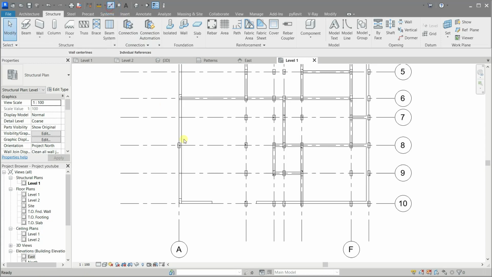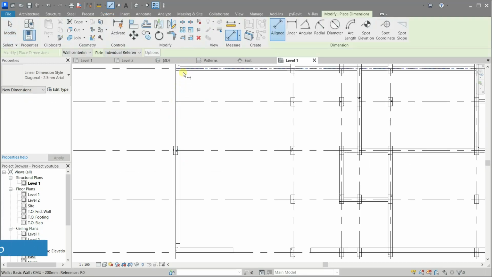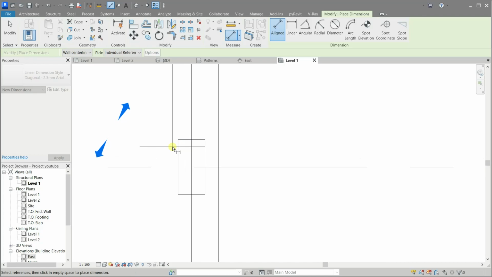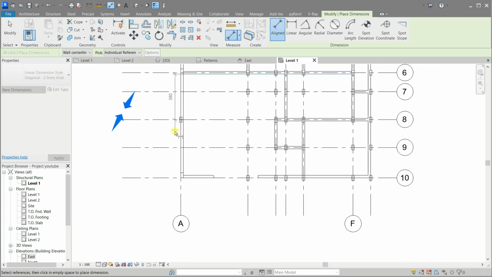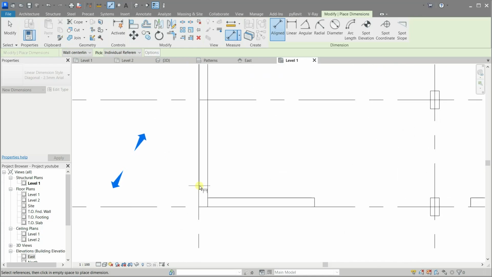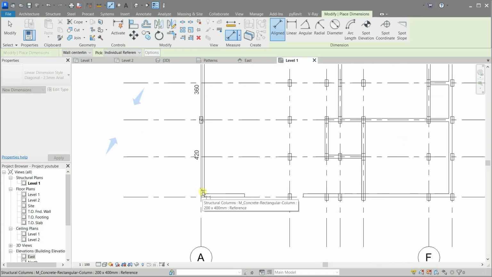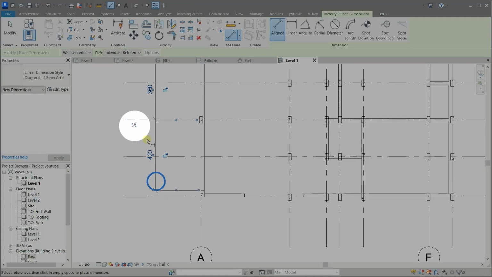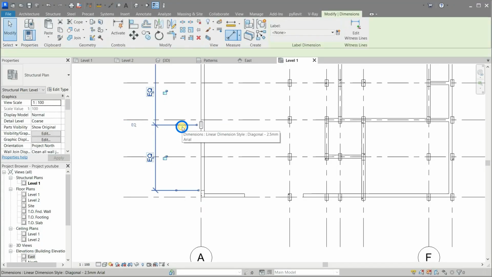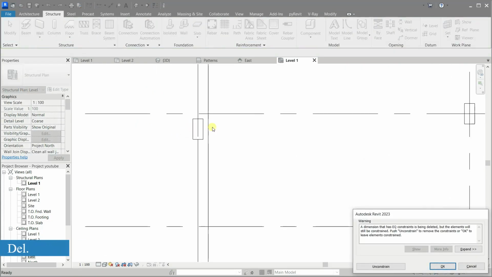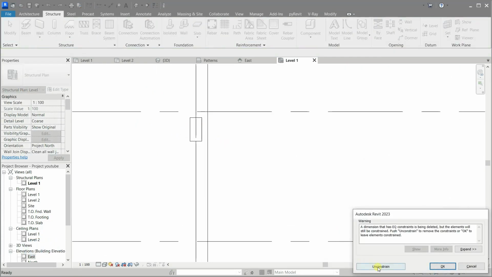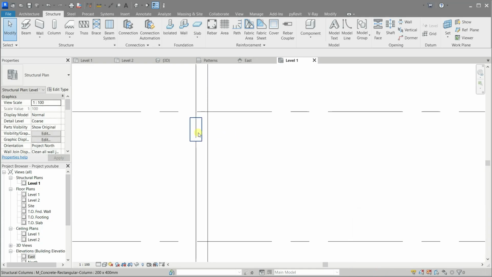Okay, use the dimension tool and measure the distance from the building edge to the center of the column in the middle, then the column at the edge of the fence. When you see the EQ sign, click it to divide the distance equally. Let me fix the middle one now.